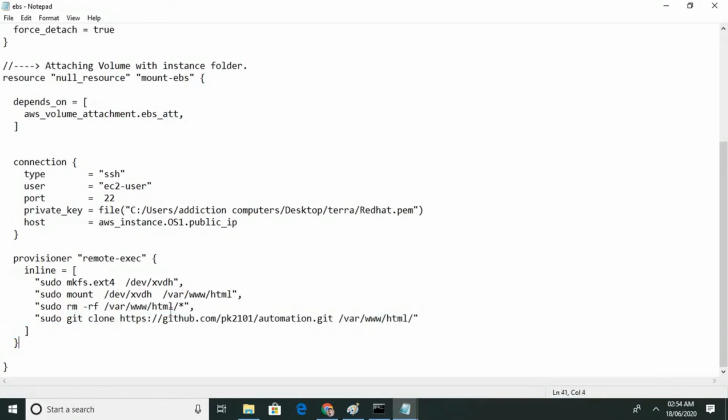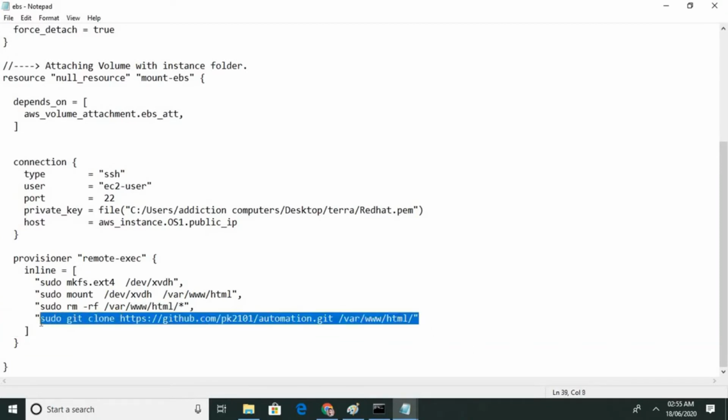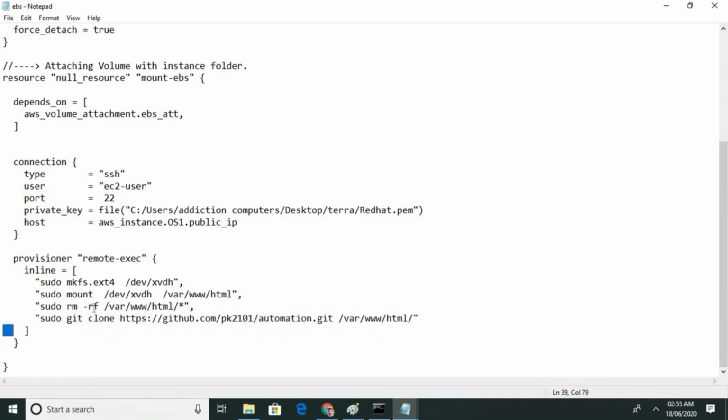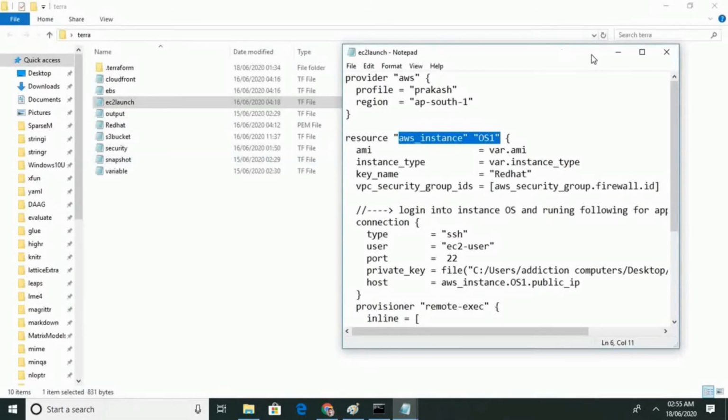It might be possible that there is something inside it, and that may cause a conflict. So before that, we are removing everything and then cloning. Clone means downloading from GitHub and saving it in /var/www/html. Okay, so now we'll go to the next part.